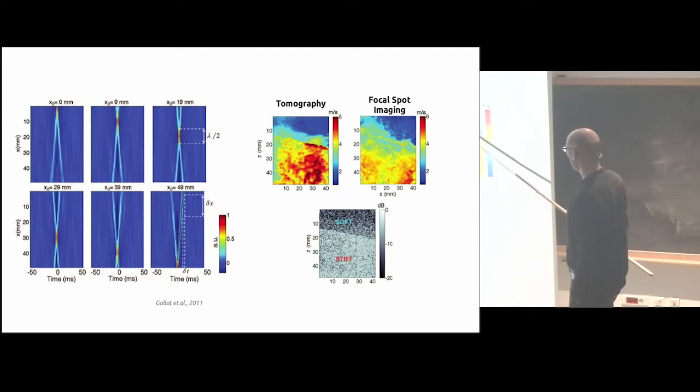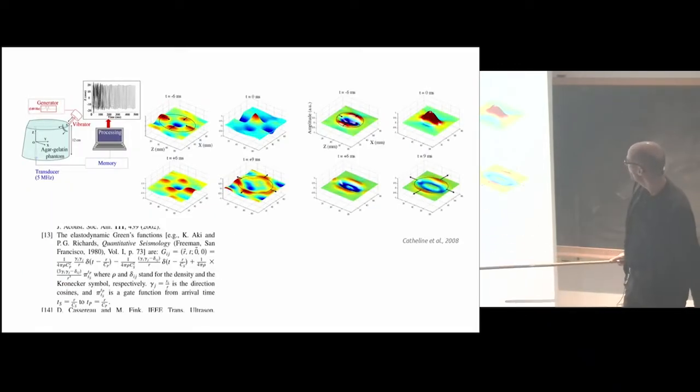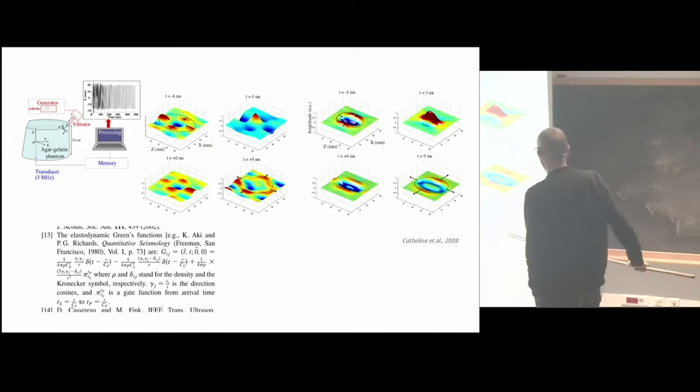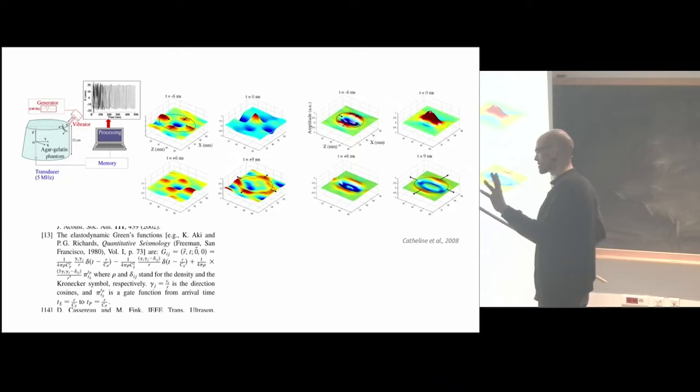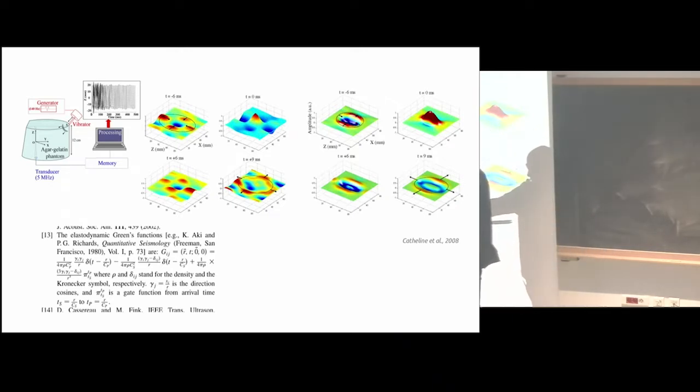So again, we have a slow and a fast medium corresponding to soft and stiffer tissues in the human body or some other soft tissue here. I also like to point out that a few years before this matured into a mature imaging technique, Stéphane, in this paper, refers to seismology. Okay, so this is a focus spot in soft solids reconstructed from data,